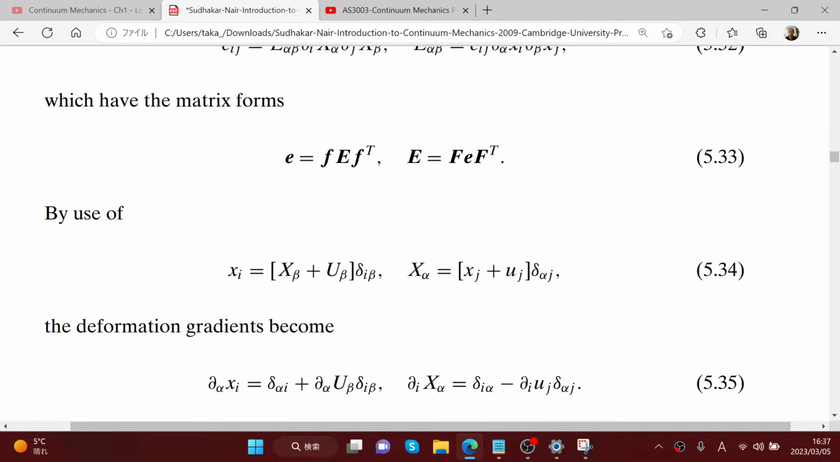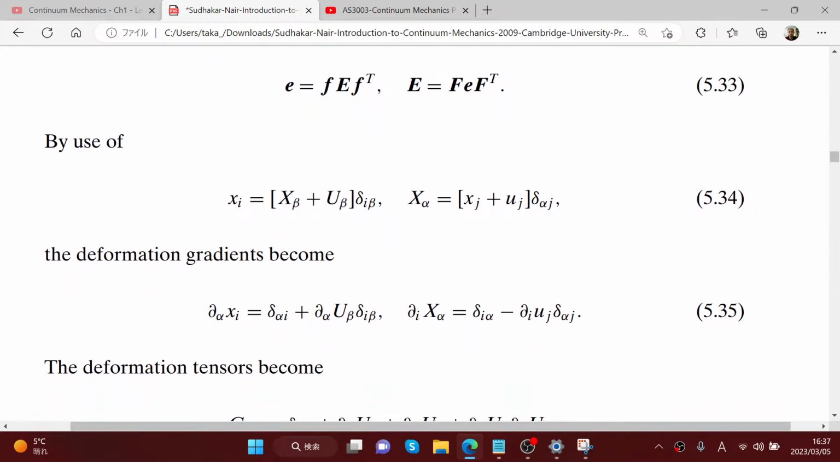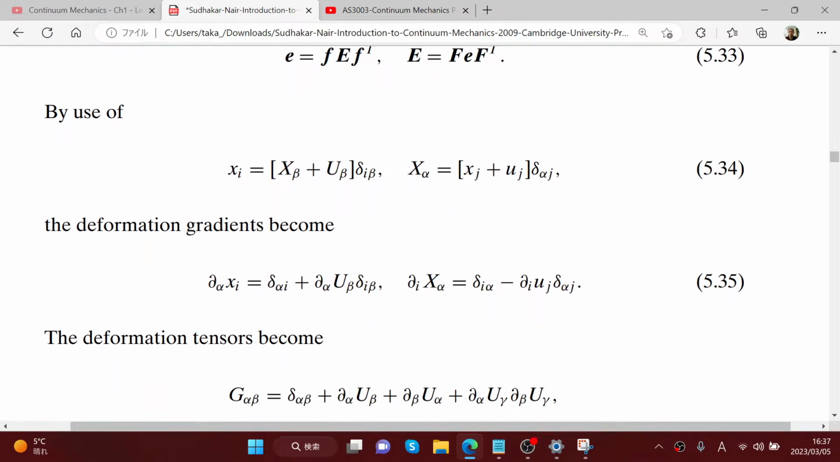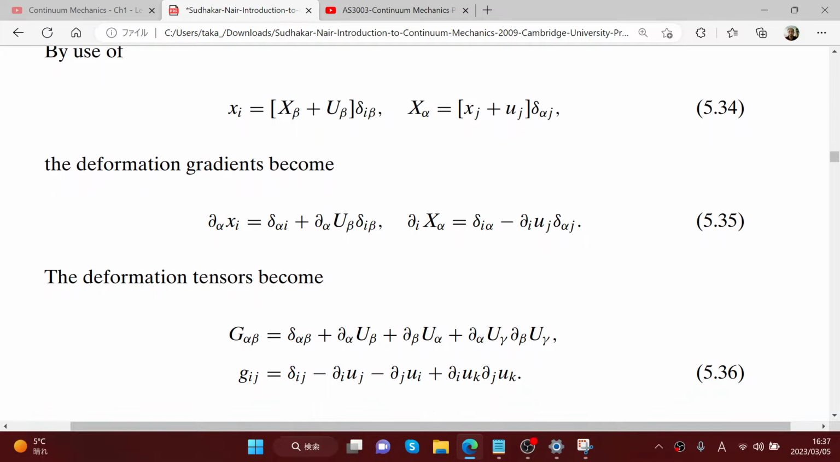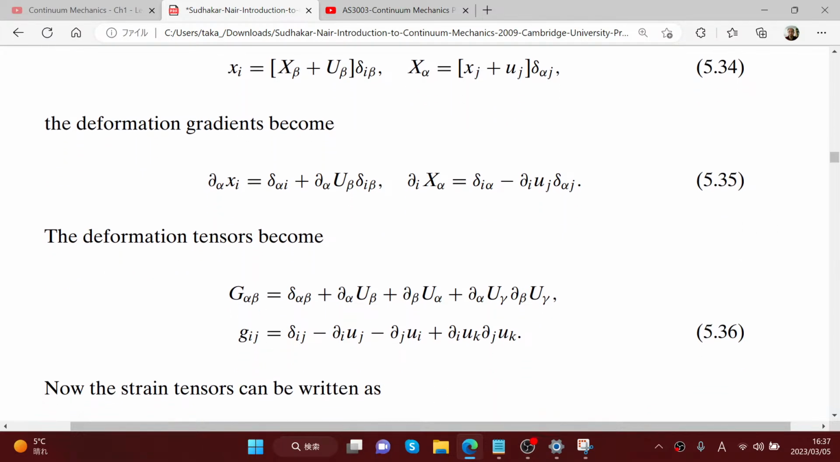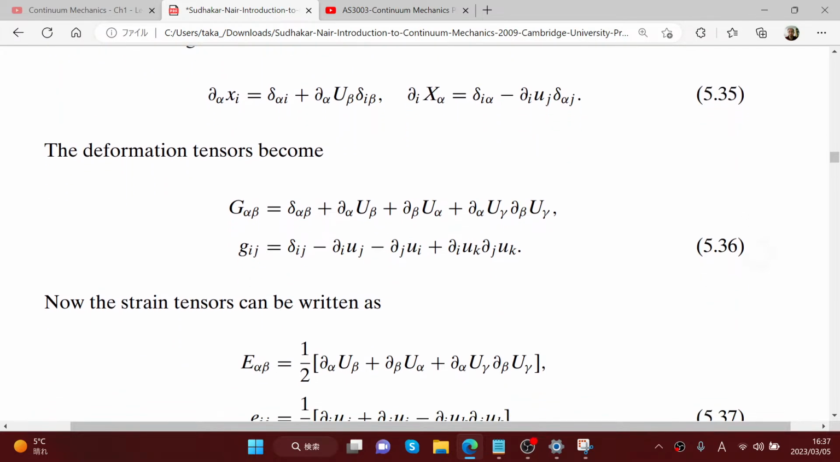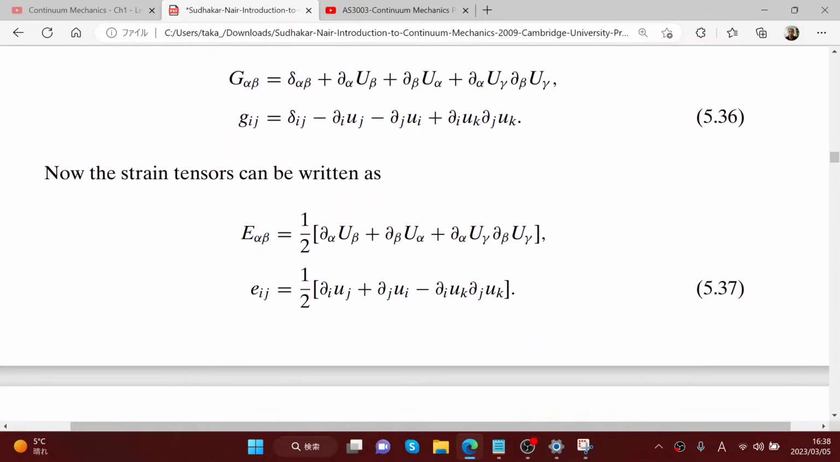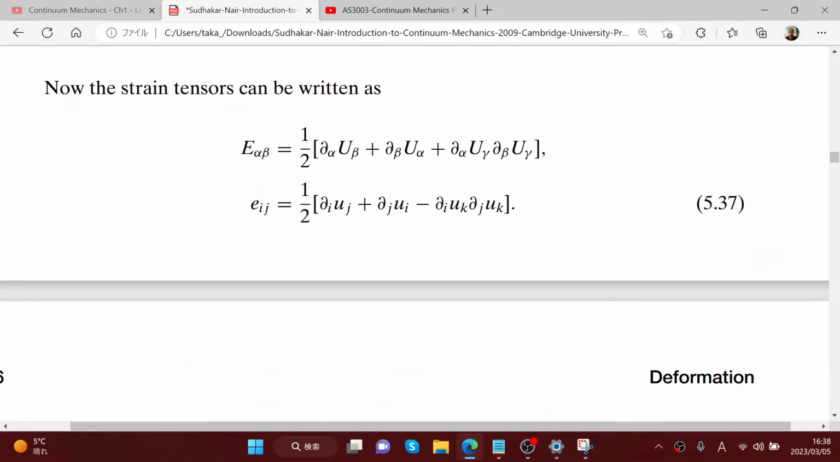A relation between these two strain measures can be established as something like this, which has the matrix form small e equal F transpose, large E is F E F transpose. By use of xi being something like this and x alpha being something like this, the deformation gradients became something like this, and the deformation tensors became something like this and this. Now the strain tensor can be written like this